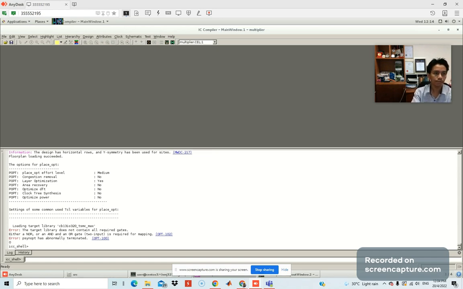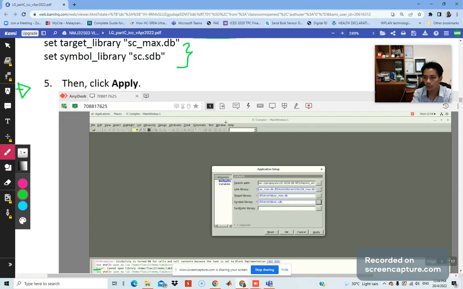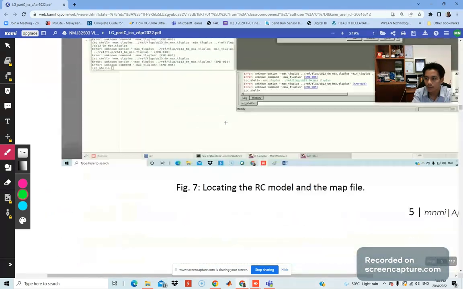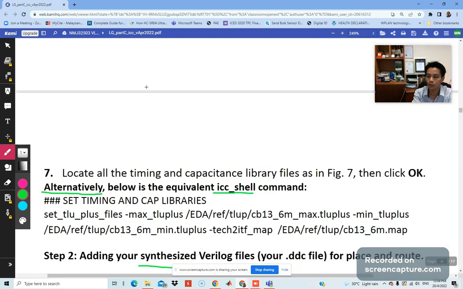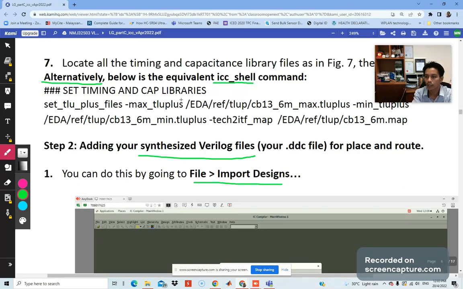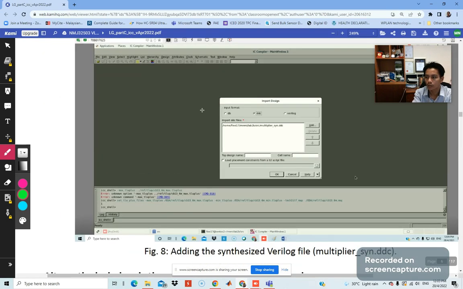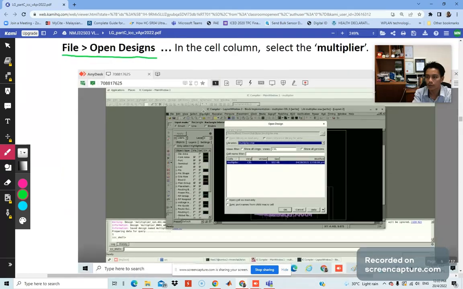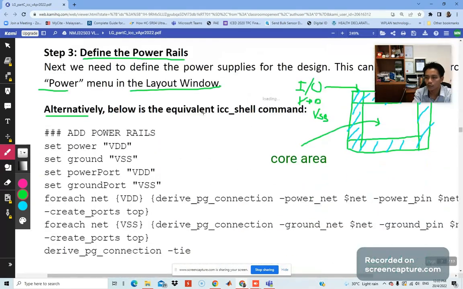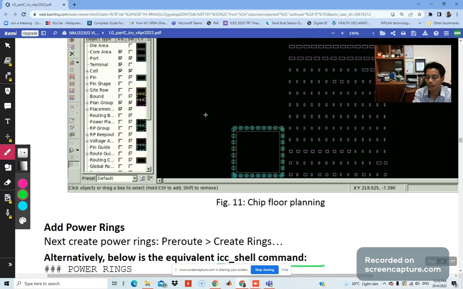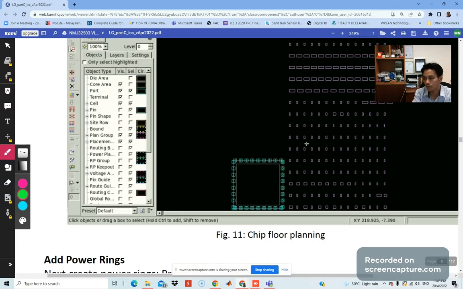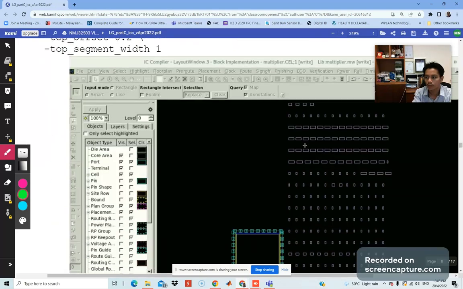Now what we need to do, I think we already set the TLU. We try to skip step number 6 because we already set it, and we have already located all the timing information and imported the design as well. We have done it. What we do is try to place, the last step that we have missed,